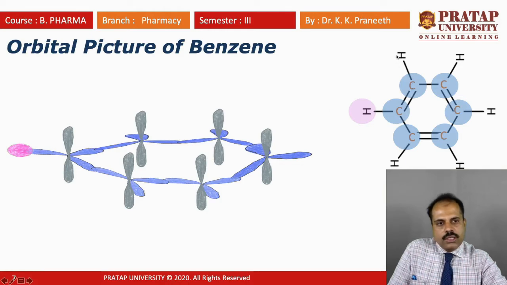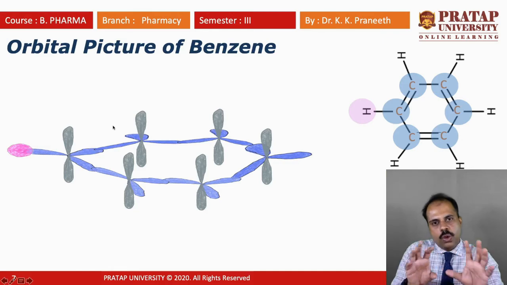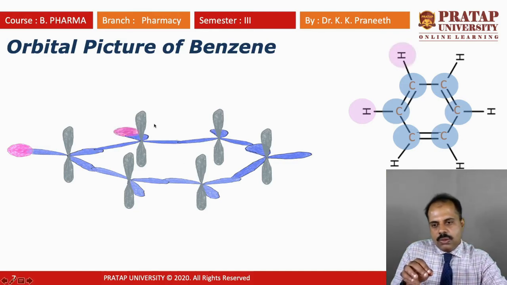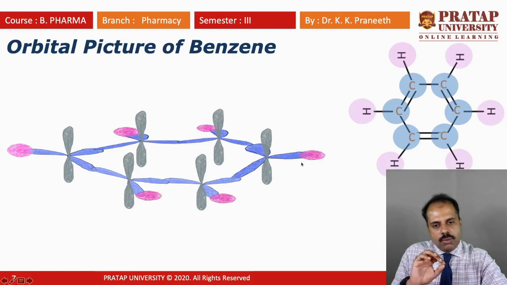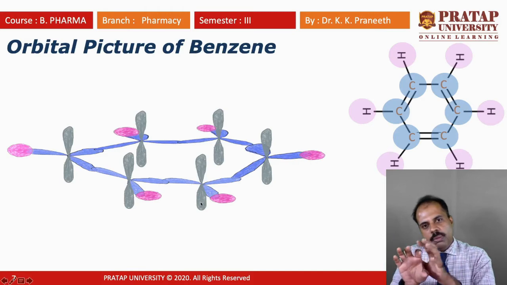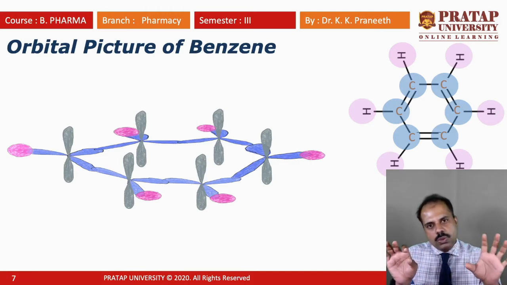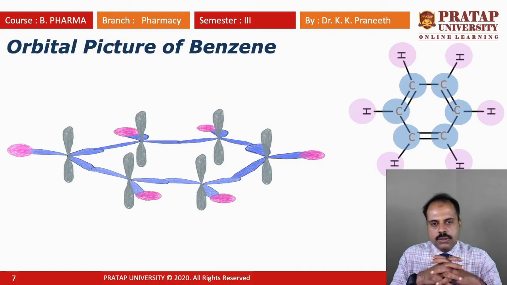What about this carbon and hydrogen? Okay, for this carbon and hydrogen bond, there should be an overlap between the s orbital and the sp2 orbital of this carbon, right? So in a similar fashion, it forms a bond here. Again, this carbon-hydrogen bond we need to form. Same thing, the 1s orbital reacts with the sp2 orbital of this carbon and forms a bond. In similar fashion, all the carbon and hydrogen bonds are formed through overlap of the s orbital of hydrogen with the sp2 hybrid orbital of the carbon.